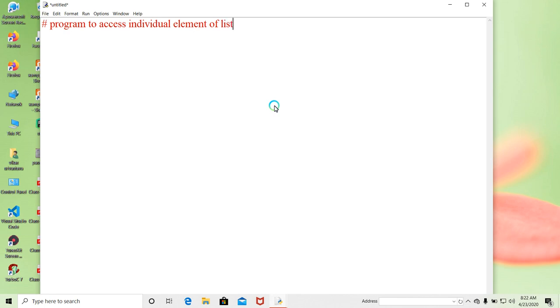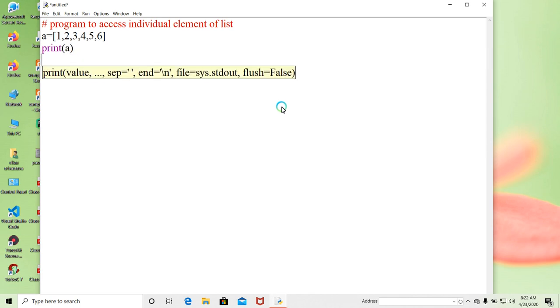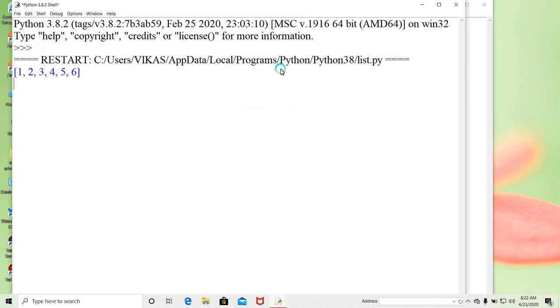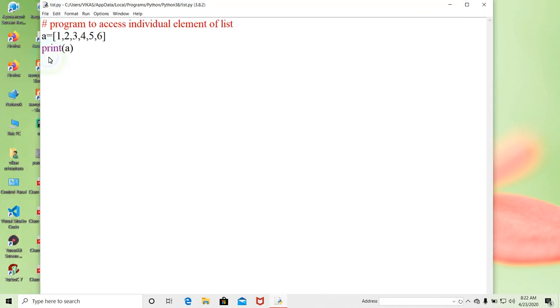So look here, suppose we have a list a is equal to 1, 2, 3, 4, 5, 6, and if we write print a and run it, we will see it display all the list items together. If we want the computer to display one item in one line, we have to access the elements of the list individually. To access the elements, we all know that the list is also based on the index.